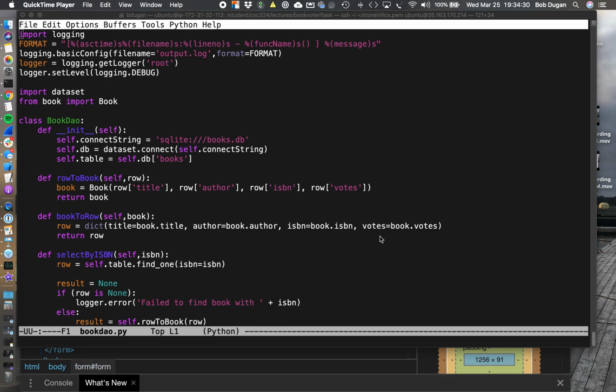Okay, so I want to spend a few moments talking to you about the BookDao. The good thing is that the pattern that the BookDao uses is exactly the same as the pattern that was used by the user DAO. So really, if you understand how the user DAO works, the BookDao is really straightforward. So we've got our constructor, and it connects to a different data store called books.db instead of users.db, but everything